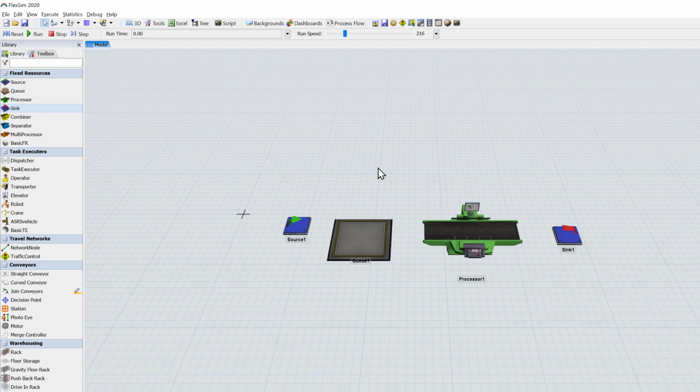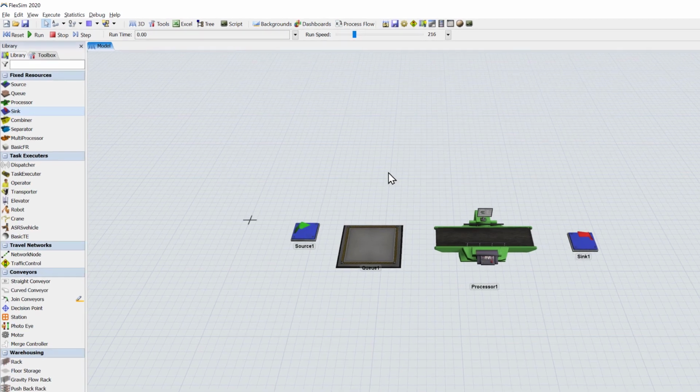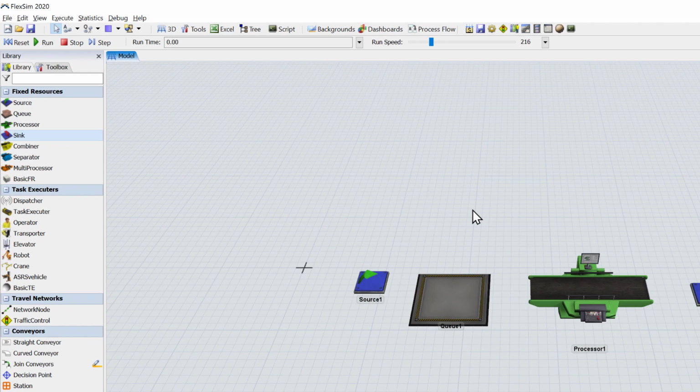Okay, after creating these objects in my 3D model view, I now want to connect them up. Otherwise, nothing happens when I run the model. Reset, run, clock moves, but nothing happens. Okay, reset the model. To connect objects together, you can use the menu button up here to switch over to